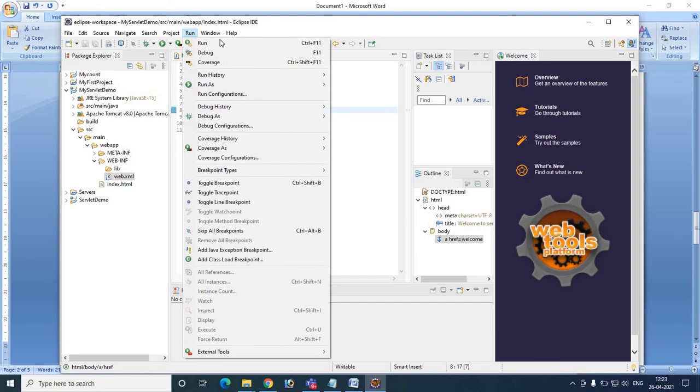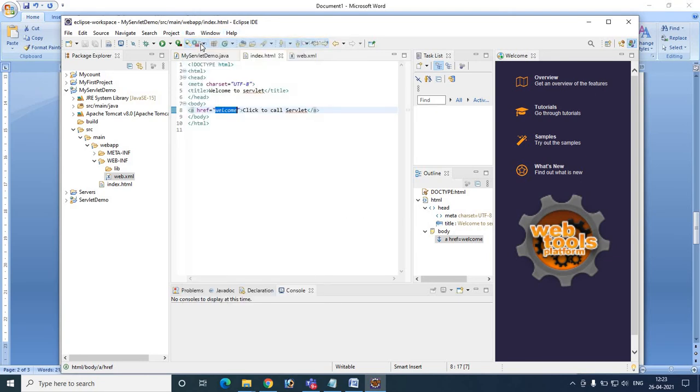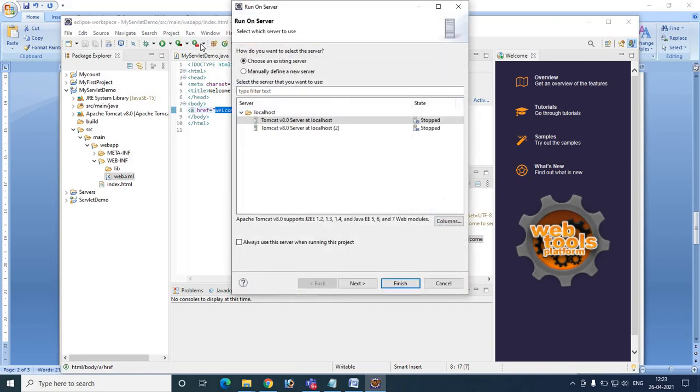So after that, let us perform save all and get into run. Let us run the program. Okay. The servlets, that is the server, are stopped.